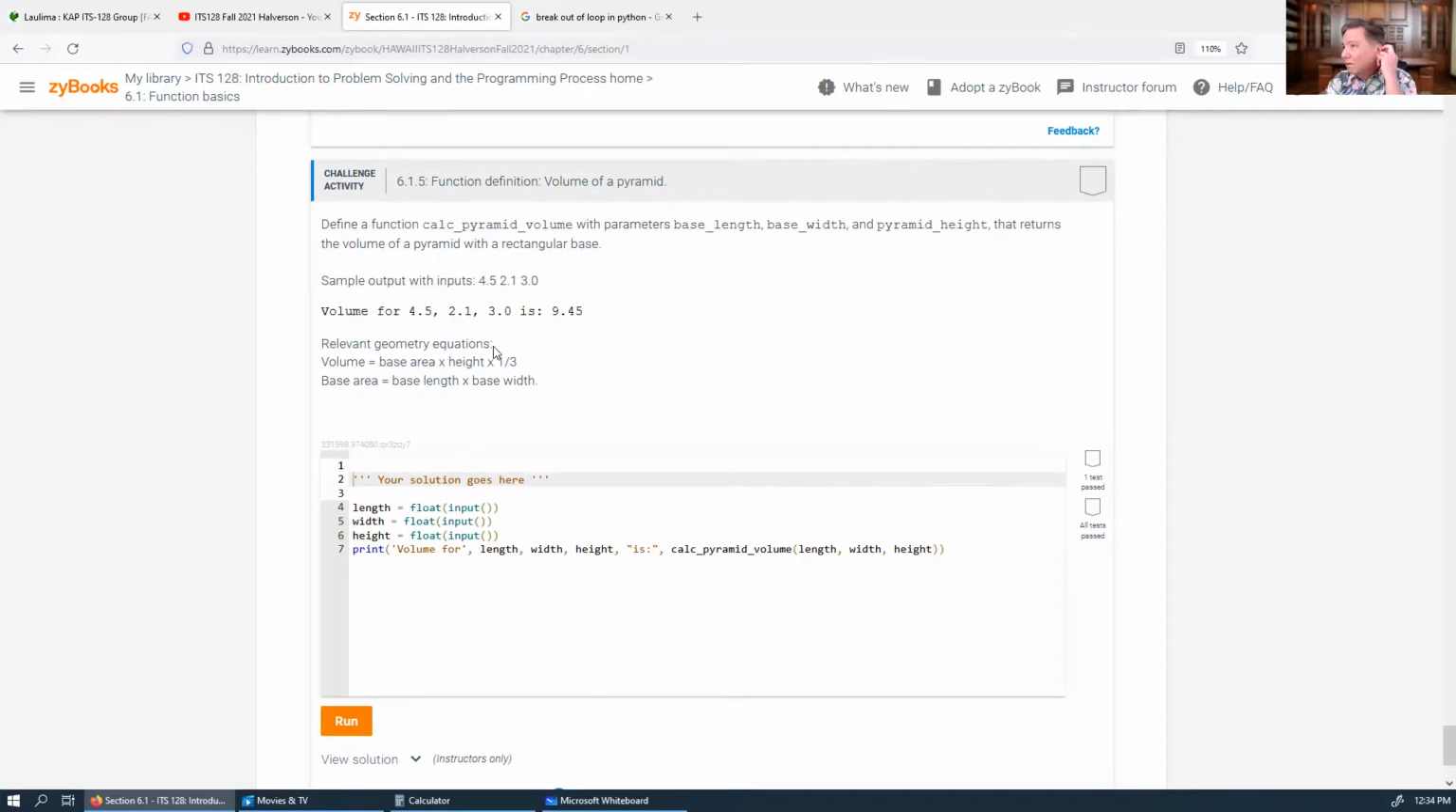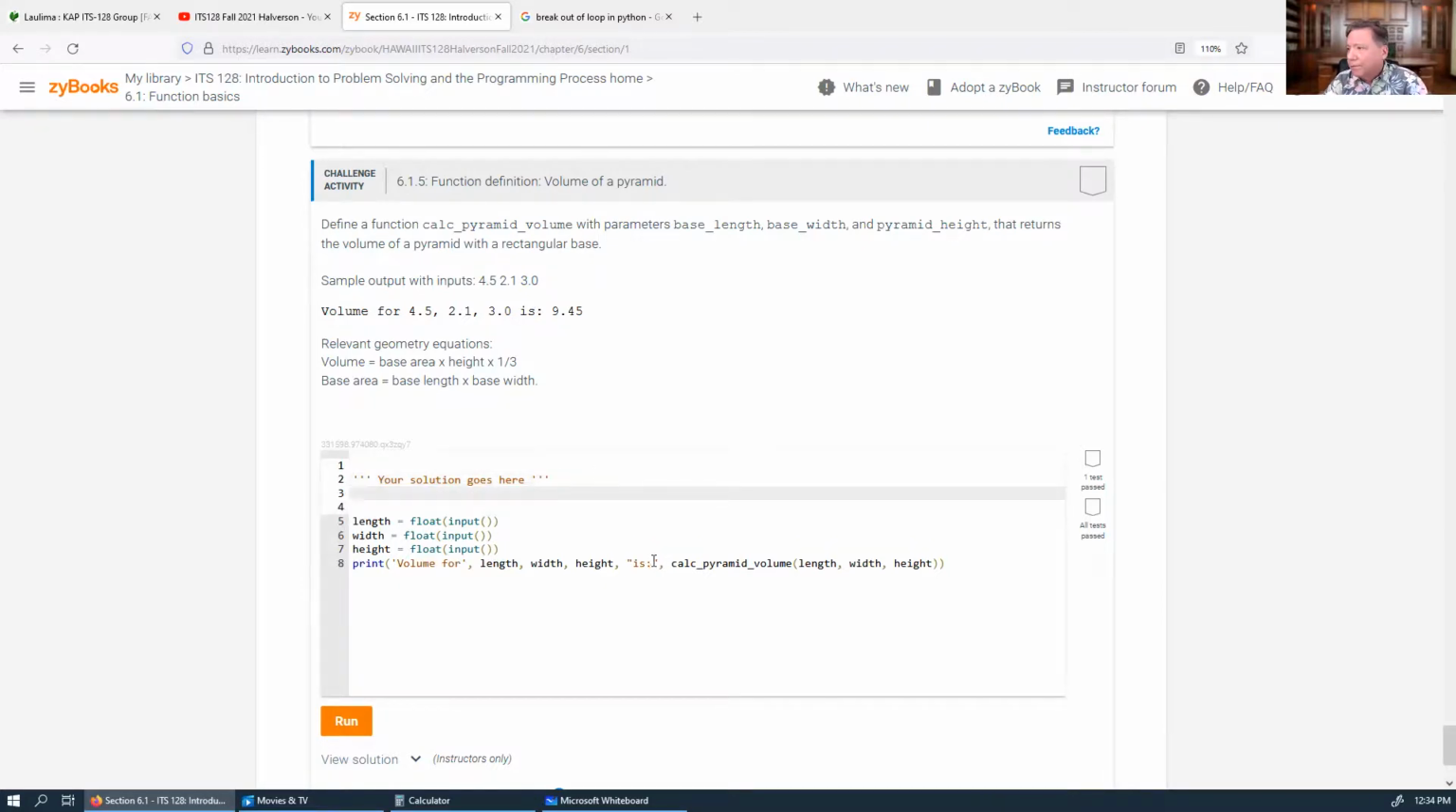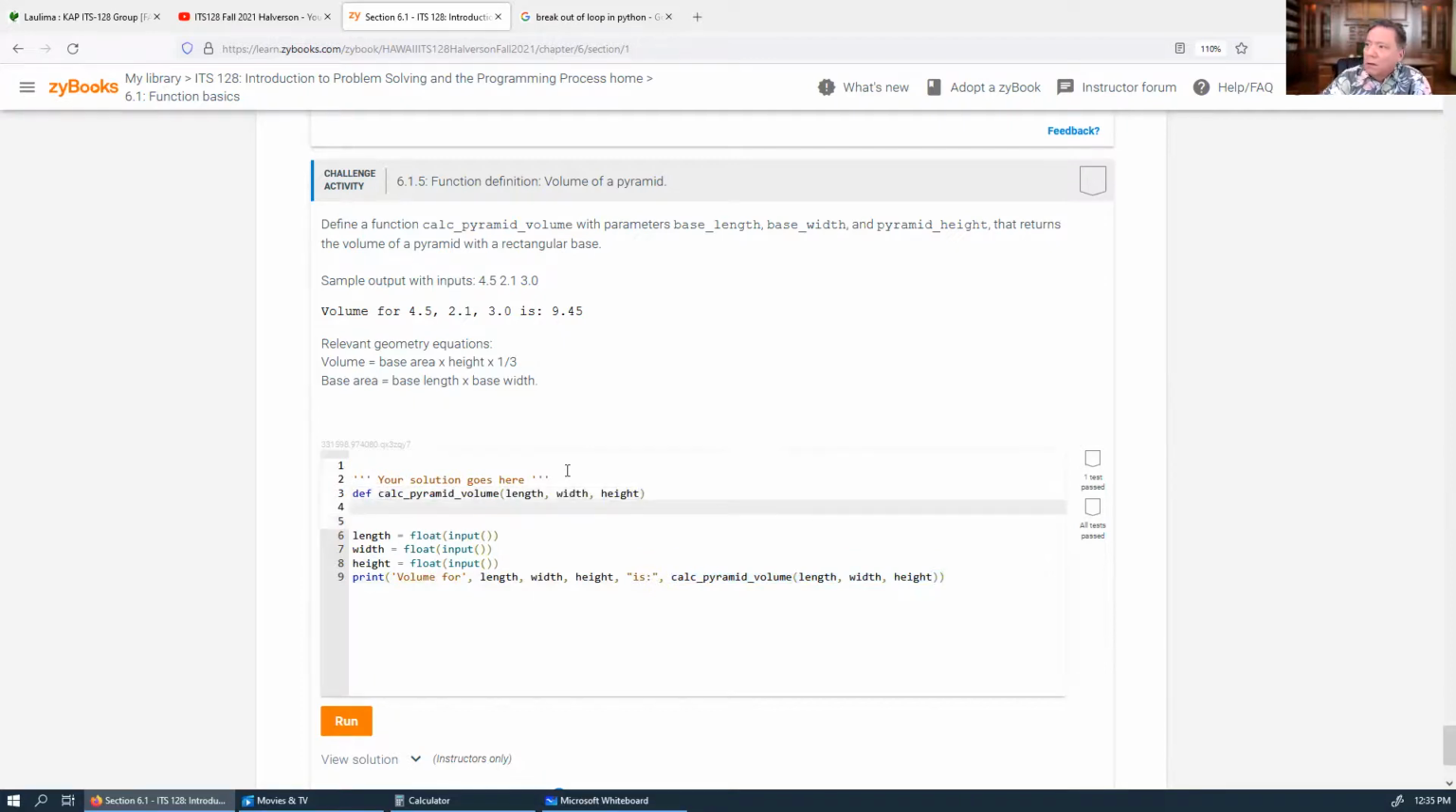We're supposed to return inputs and we're supposed to multiply base area times height times 1/3. Is that how you figure out what the, oh, okay. Calculate a pyramid. So it's something like this. Def that colon return